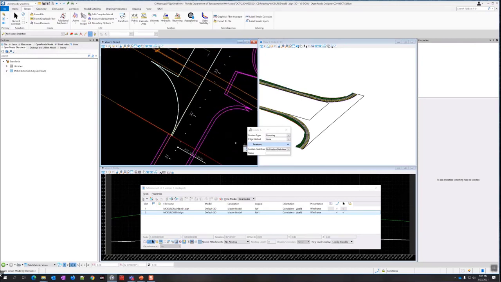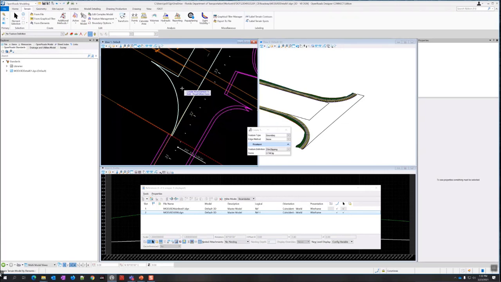And then reset. Now before I reset, I'm just going to set this feature definition. So this one we're going to actually clip to cut out the right turn island. So I'm going to call this feature definition. I'm going to go terrain, and I'm going to call it DTM clipping, because it's kind of like a temporary one. So this gives me the option to turn it off since it's going to be a different one than the proposed.